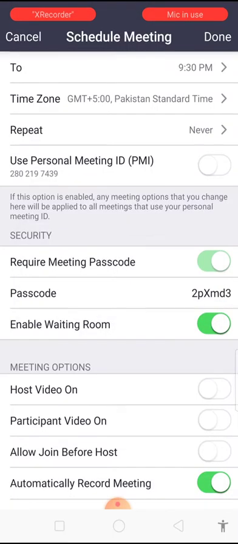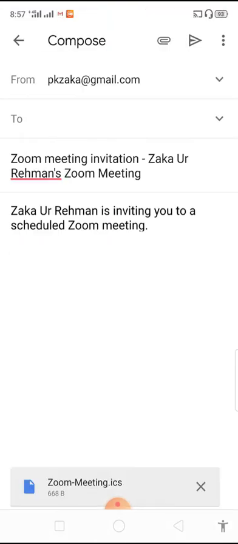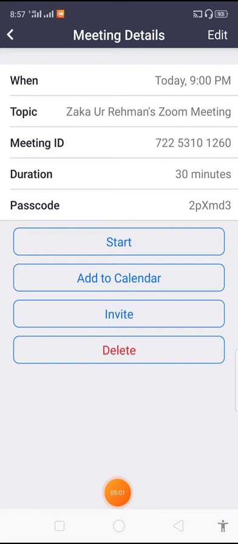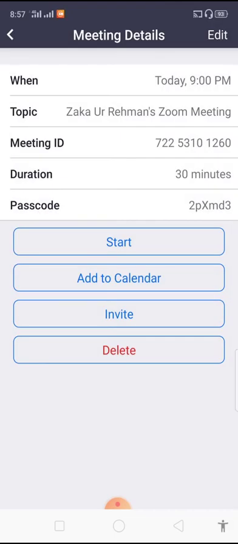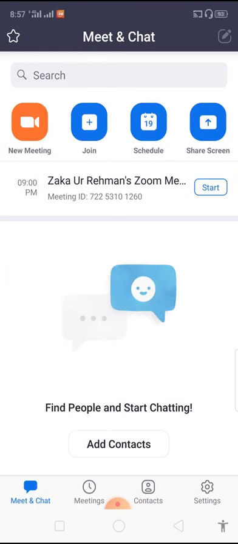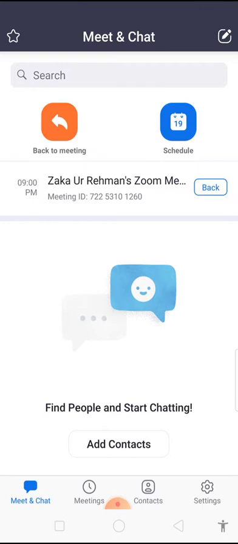So you can share the link via your Gmail as well. So however, in this form you will get the details of your meeting, right? So you can straight away start the meeting now, and you can also invite your other friends through WhatsApp or messages, etc. You can send the link to as many people as you want them to join, right? And you can come back on your home page, and you can get your scheduled meeting in this form. Here you can see that's a government Zoom meeting. Start it, then here you will start the meeting straight away.